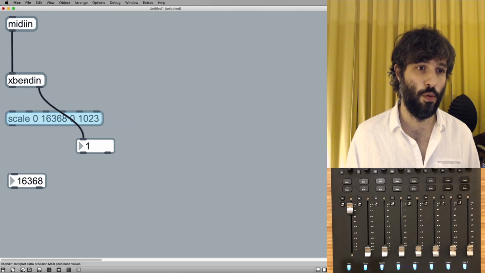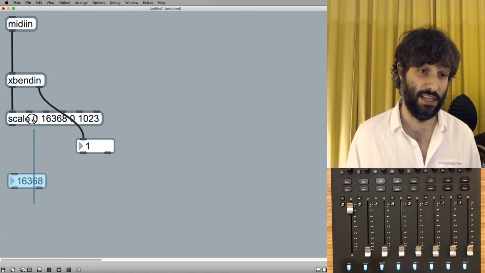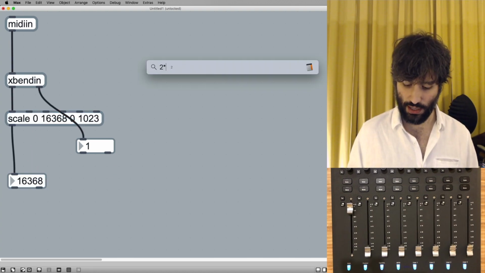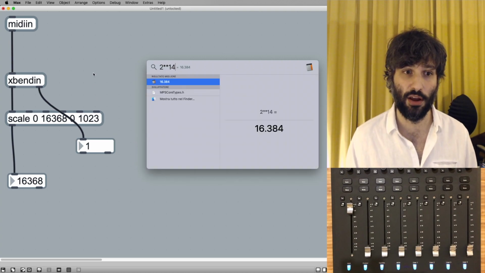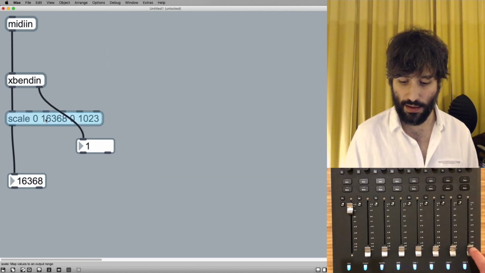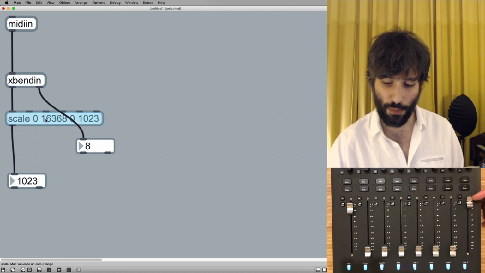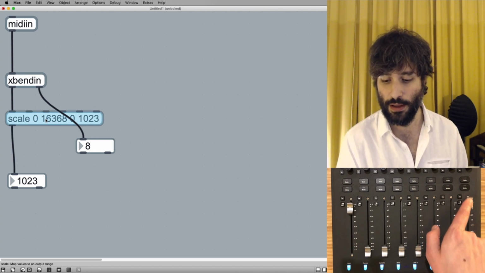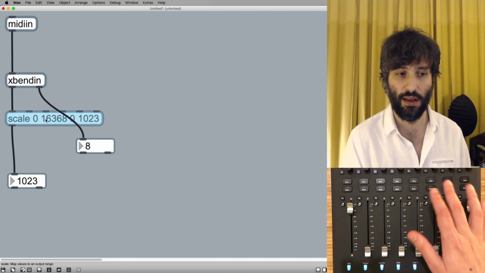And the reason why I'm doing 16,368, which the eagle-eyed viewers will know is not a full 14-bit MIDI message, that would be 16,384, is because I think the fader, when you drop it to 0 and then leave it, goes back. So I think that bit of dead space is just kind of not recognized.